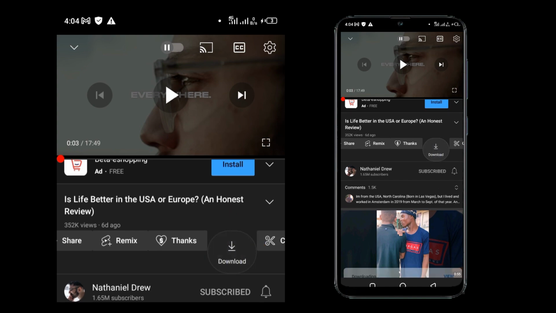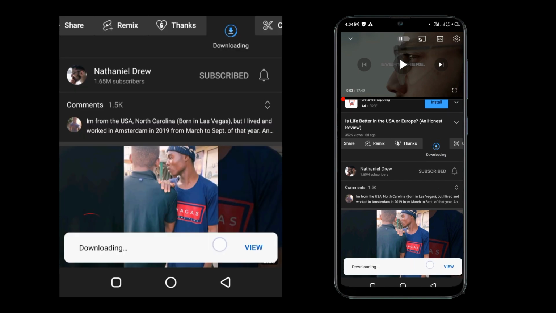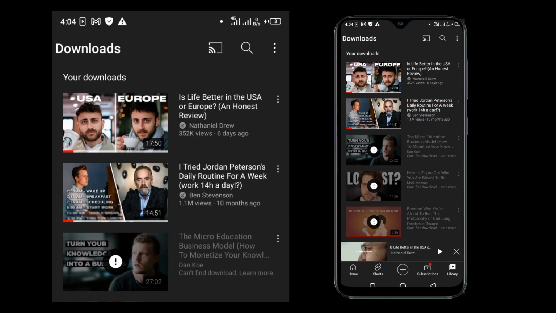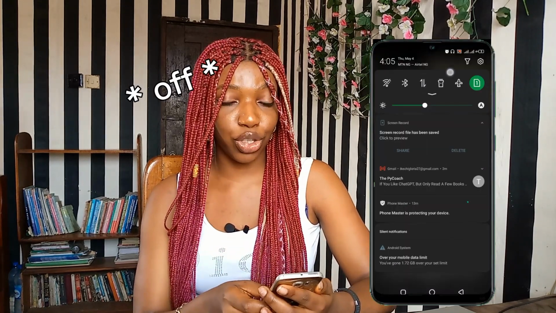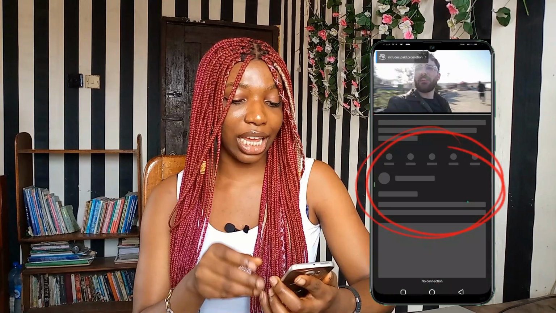Now if you click on this download button, you're going to see downloading, and at the bottom of the screen you can click view. Then within your YouTube library, in the section of downloads, you're going to see that this video has downloaded. As you can see, that was very easy. Now even when I have my data on, I can still watch the YouTube video. The only disadvantage here is that you cannot comment. You can't use the app like you would if you have your data on,